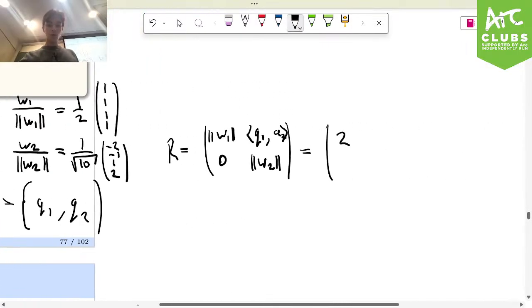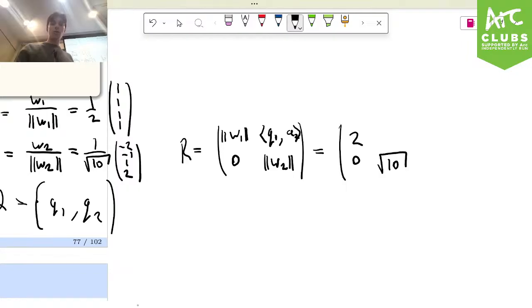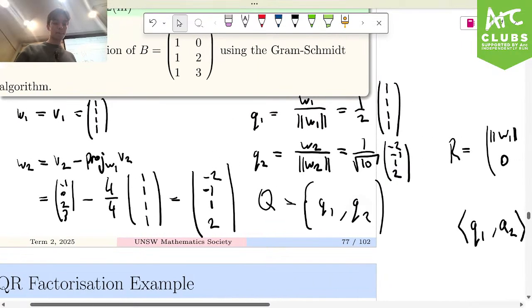W1 is just 2. The magnitude of W1 is just 2. The magnitude of W2 is root 10. We keep the 0. And then the inner product of Q1 and A2 is equal to